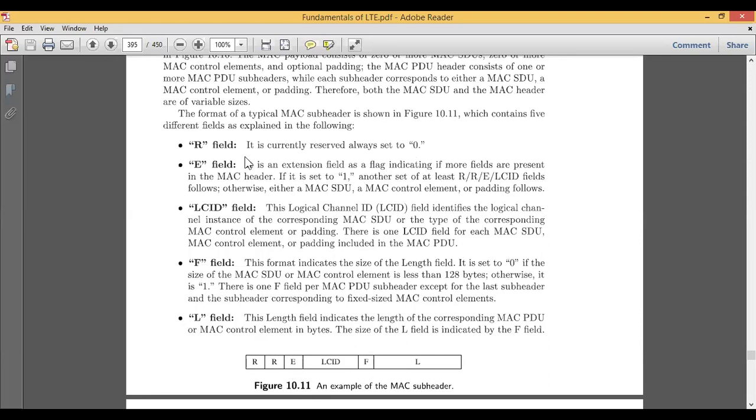The E field is an extension field, a flag that indicates if more fields are present in the MAC header. For example, if I set this E field equal to 1, then another set of at least R, R, E, LCID fields follows. Based on this extension flag, the other blocks will follow.